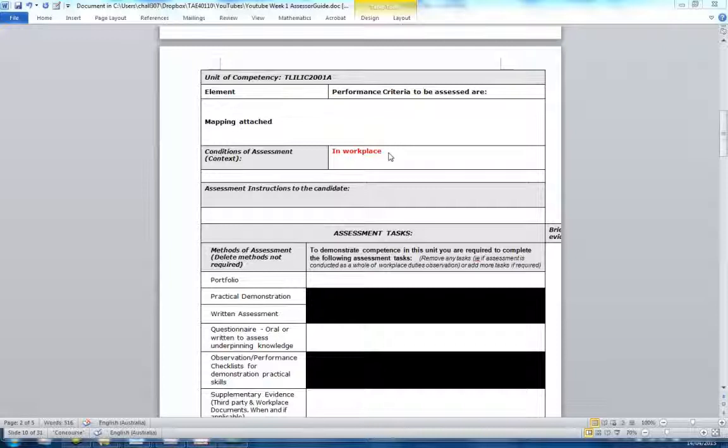workplace contexts, whereas with a forklift, we definitely need that to be occurring either in an actual workplace or in a simulated workplace, but it must occur on an actual forklift if he's going for the full forklift license. So it can't be a forklift simulator, like he can't jump into some robotic machine that isn't a forklift and have a little screen in front of him and pretend to drive around. He can't have a forklift simulator, but he can have the workplace simulation.